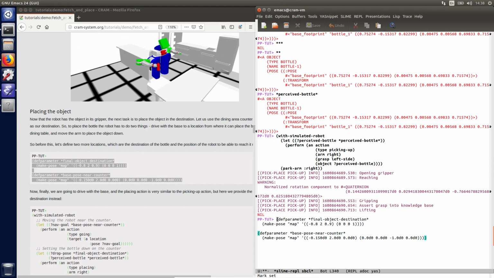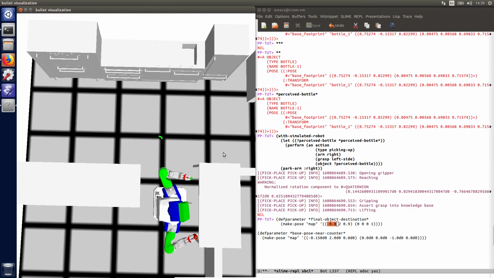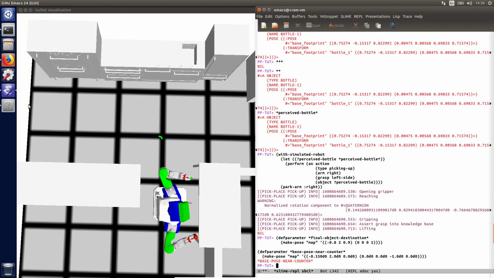So we have a final object destination coordinate in the map frame, which is minus 0.8, 2. Let's see, if the x points forward, then minus 0.8 is going to be in this direction, so somewhere here, and the y points to the left, so 2 meters to the left is going to be here, and then it's going to be 0.9, so on the table. So somewhere here we're going to try to place this object, and our base location to be able to place it is going to be minus 0.15, so a little bit here, and then again 2. So the robot is going to be standing here, and this is the orientation such that he is facing the table. Okay, let's define these two global variables, and now we perform the placing action,